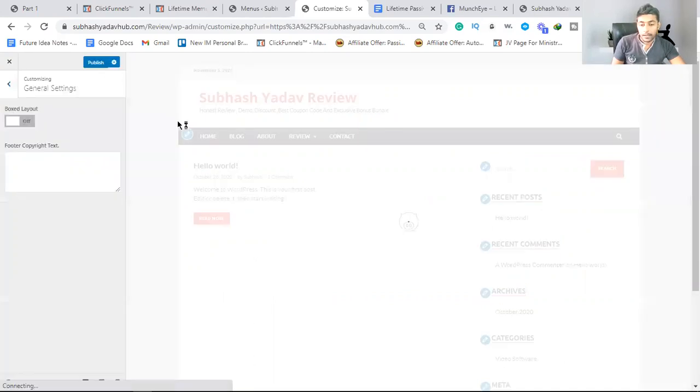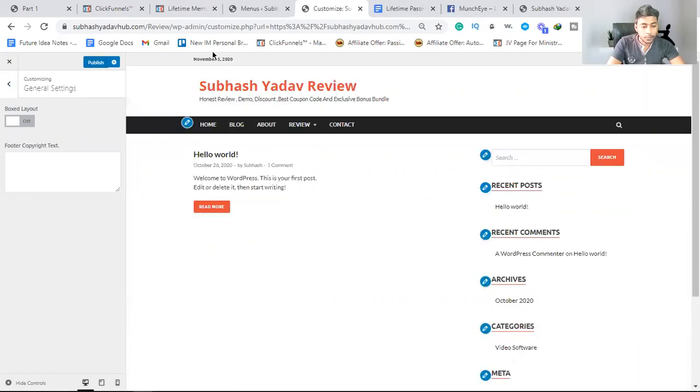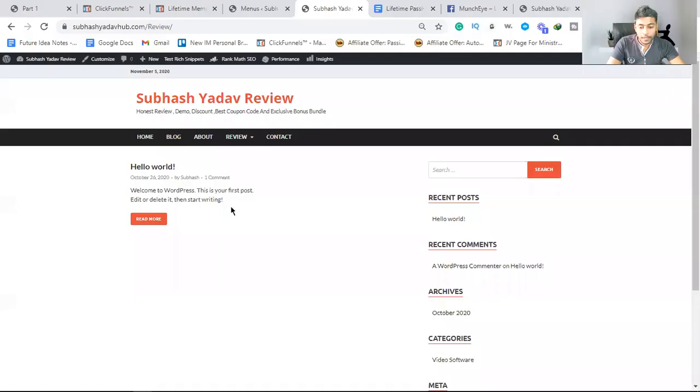Simply click turn off. Once you click turn off, your website is full width. Okay. You can see your website is full width, click publish and off. And here you can see your website is full width.